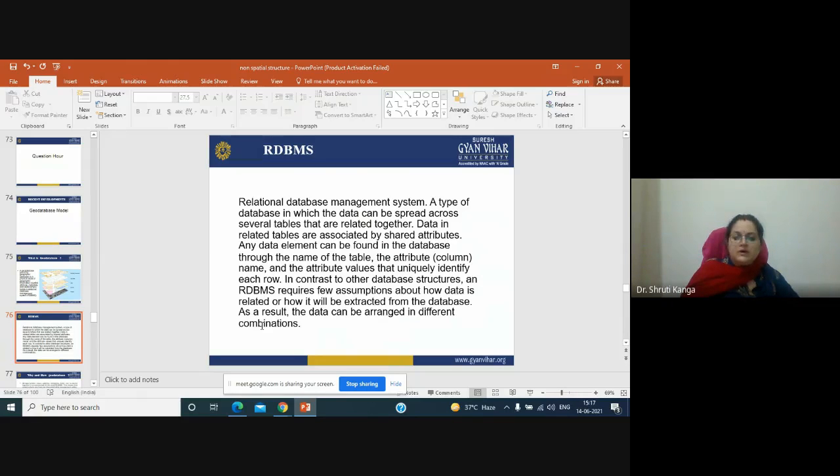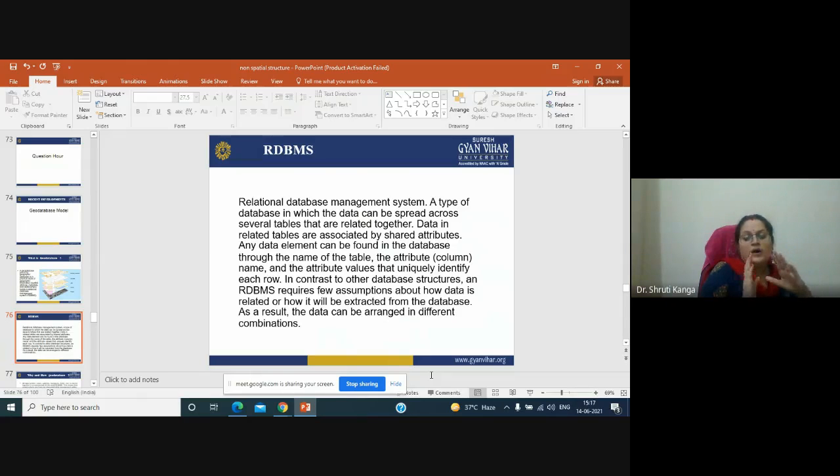In contrast to other database structures, an RDBMS requires few assumptions about how data is related and how it will be extracted from the database. As a result, data can be arranged in different combinations. So in brief, in case of RDBMS, it is a type of database where the data can be spread across several tables which are related together.